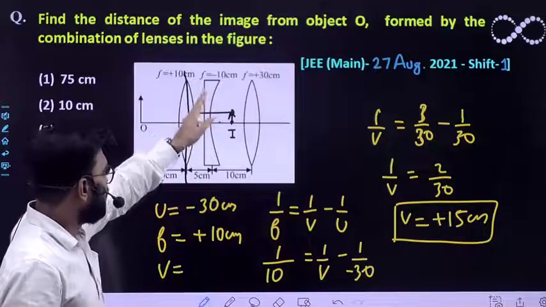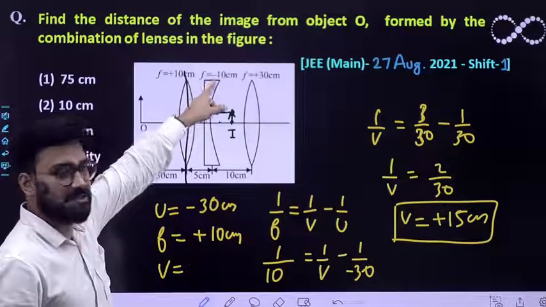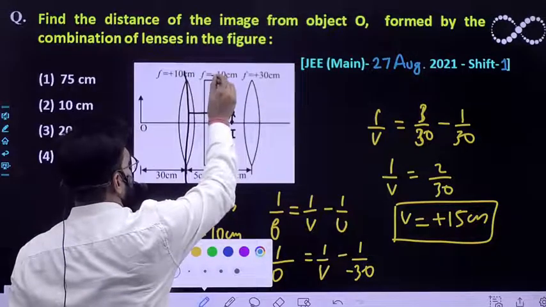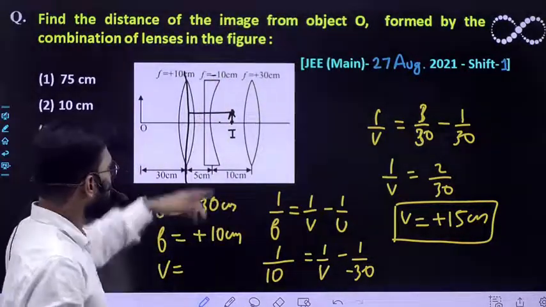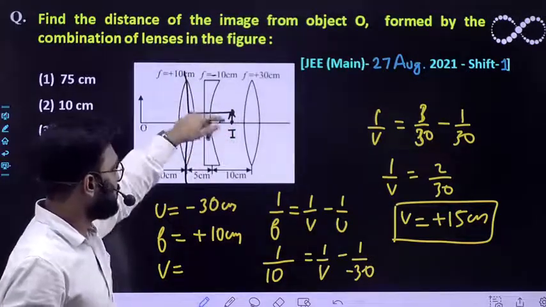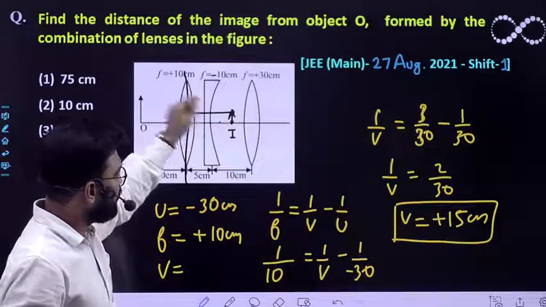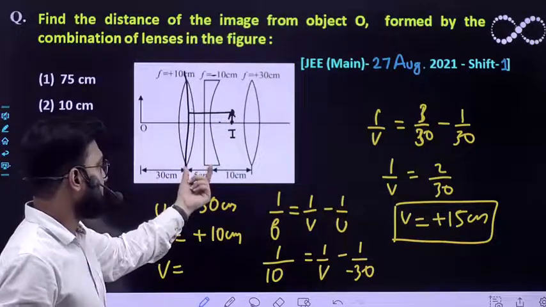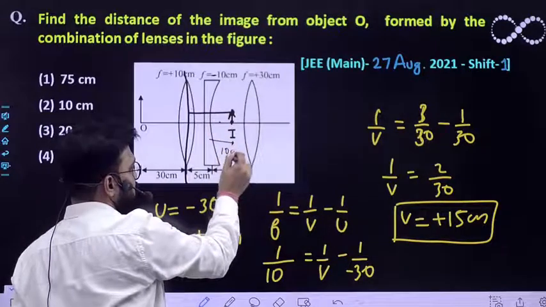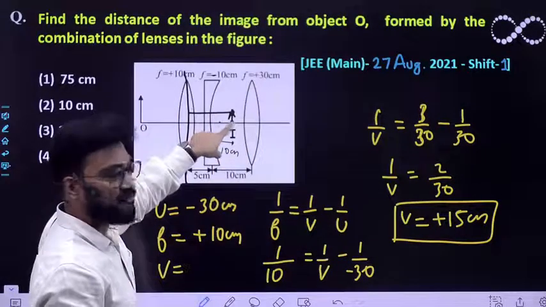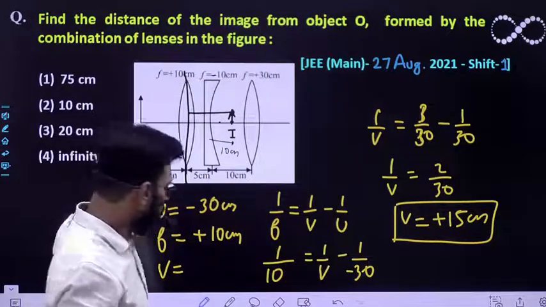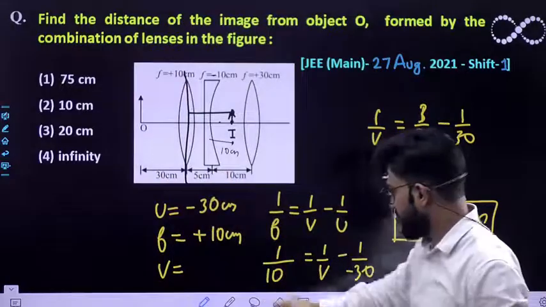What is the focal length of this lens? It is minus 10 centimeter, which is given to you. So the light is directed towards a point 15 centimeter away, and this distance is 5 centimeter, and its focal length is also 10 centimeter. So that means, don't you think, it would be directed towards the focus of this second lens. So the situation would be just like this,